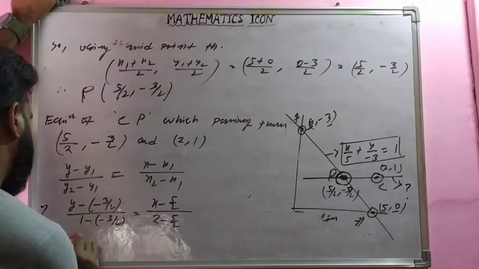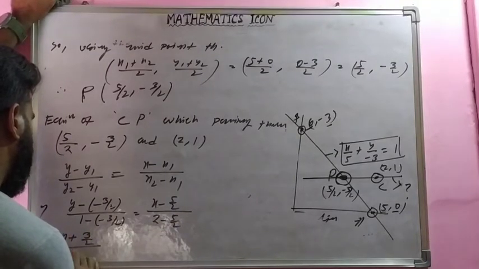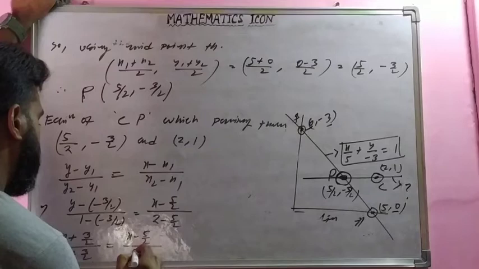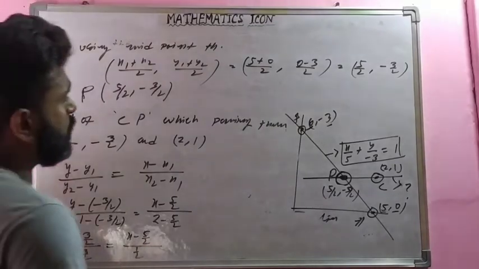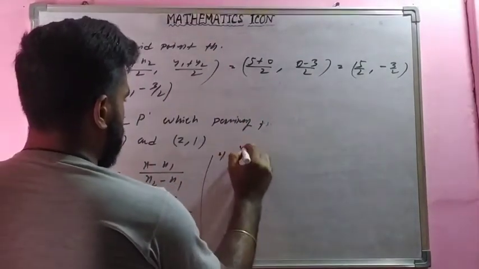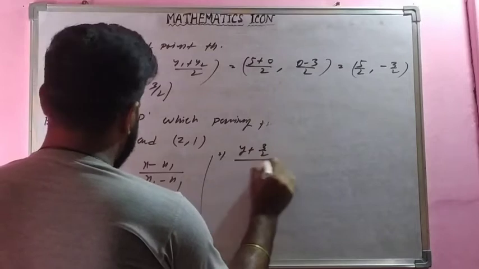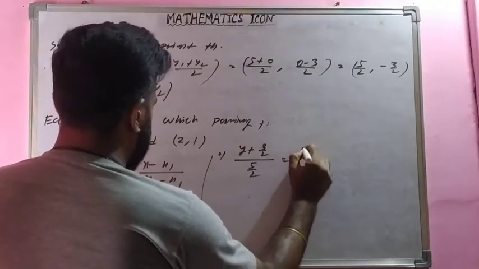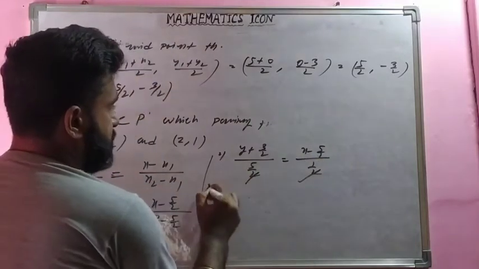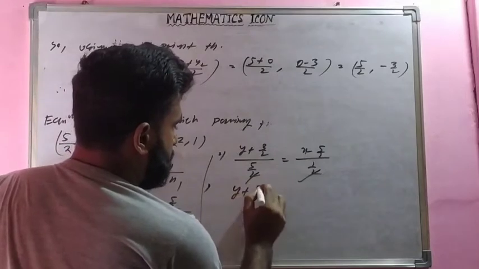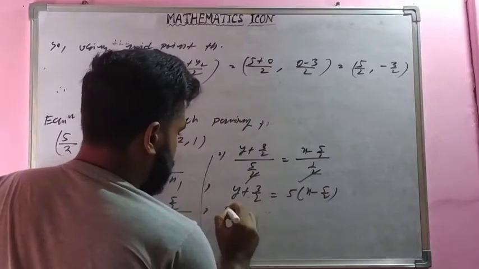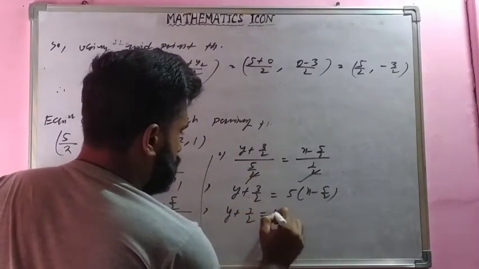बस. So (y plus 3 by 2) by (1 plus 3 by 2) equals (x minus 5 by 2) by (1 by 2). तो आप उसको कैलकुलेशन थोड़ा कर लो, मिल जाएगा आपको फाइनल आंसर. सो दैट मीन्स y plus 3 by 2 और यहां पर होता है 5 by 2, x minus 5 by 2 और यहां होता है हाफ. ये 2 तो नीचे ऐसे कैंसिल. So y plus 3 by 2 equals 5 into (x minus 5 by 2). That means y plus 3 by 2 equals 5x minus